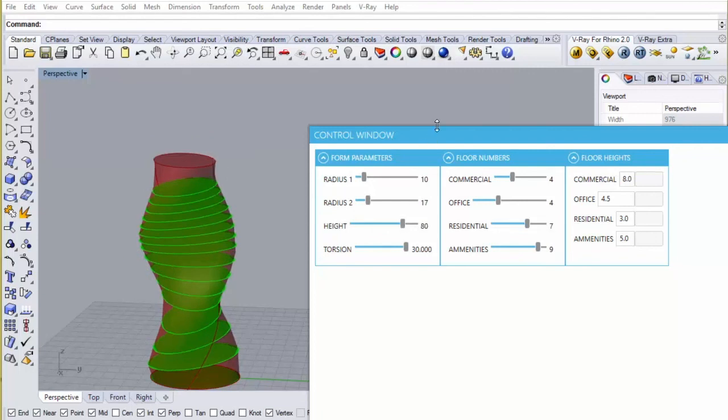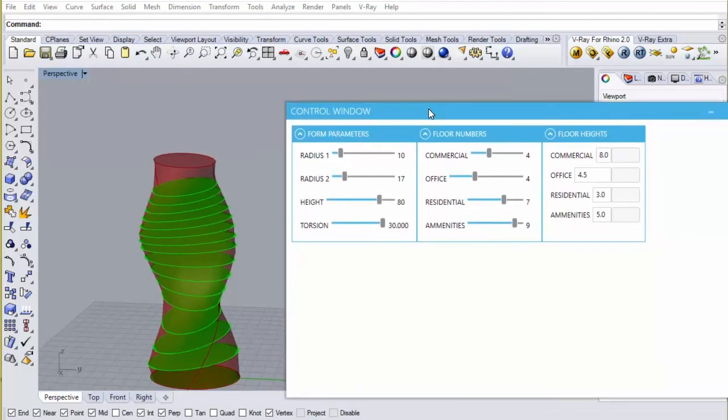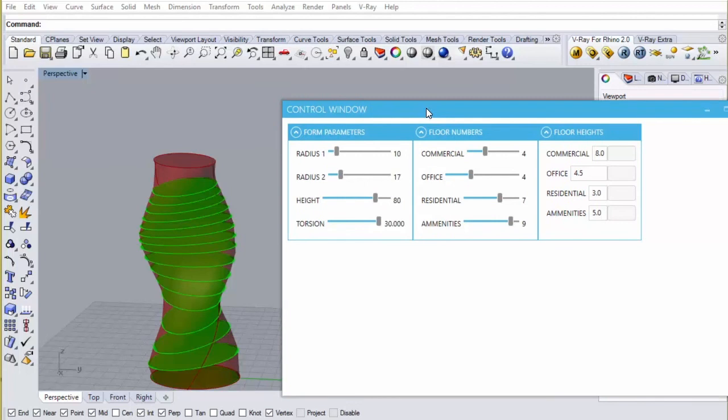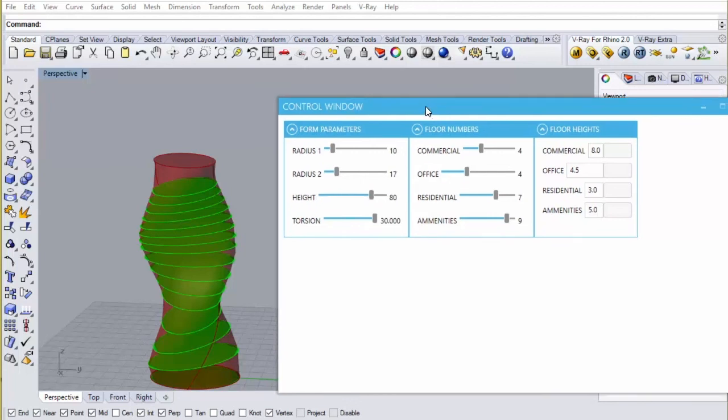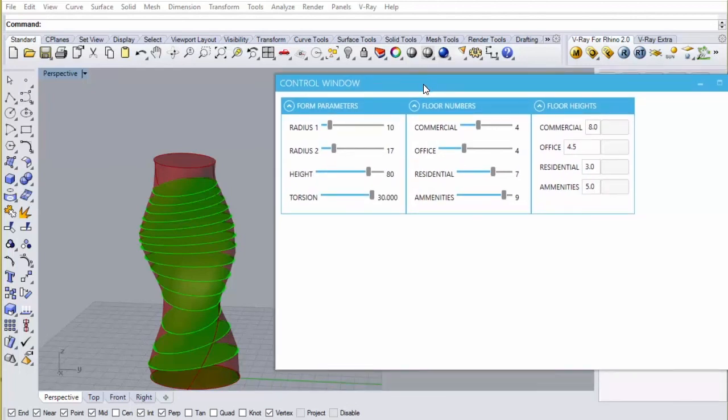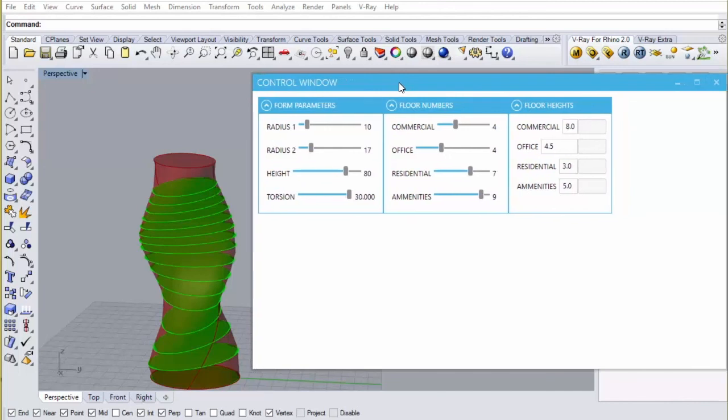And you can just let anybody have at this window and play around with it. And that's what this is all about. It's getting to a point where the interface allows more people who aren't used to the Grasshopper interface to interact with and play with the model, and it works better in kind of a workshop condition.